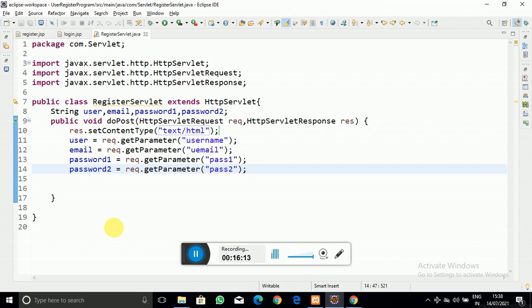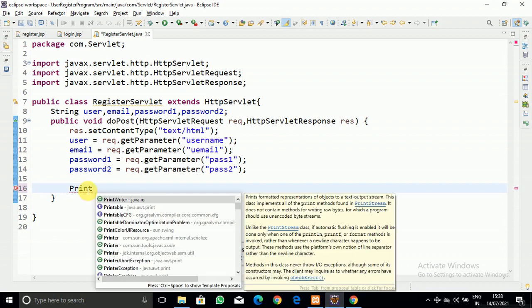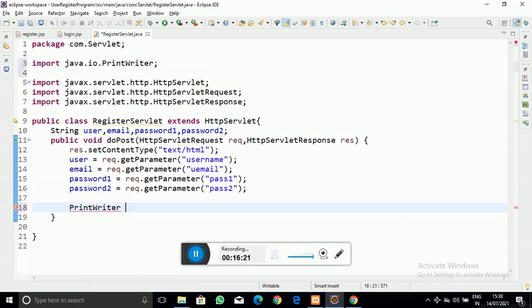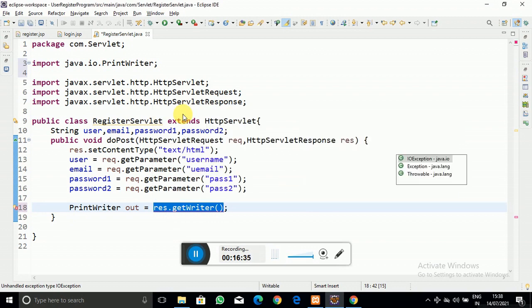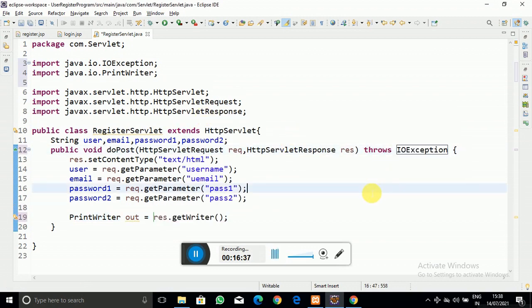To display that onto the browser, you have to create the object of the PrintWriter class, an instance of PrintWriter, using response.getWriter, and this throws an exception named IOException.